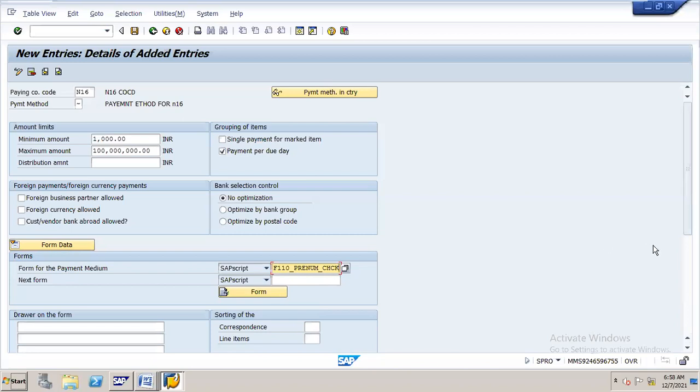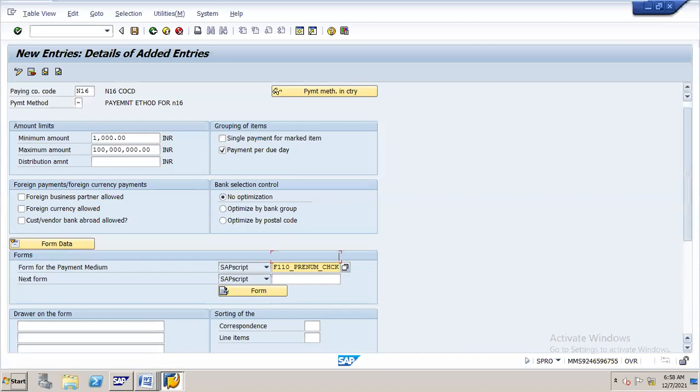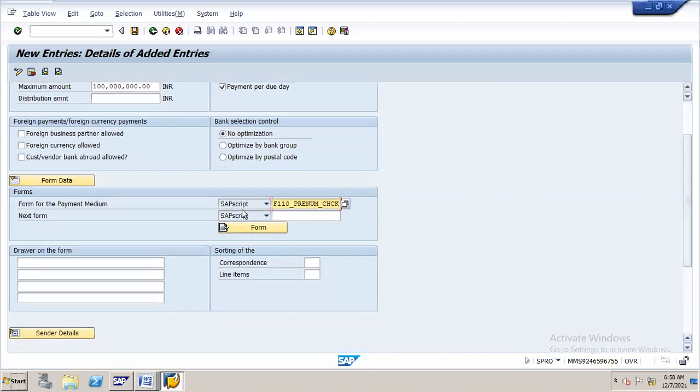Okay, and usually on the check there will be the company name, right? And there should be the signature of the authorized person, right? So in real time, here we can scan the authorized signature and attach it here. So that when you run the APP and the system issues the check, the system automatically displays the authorized signature of the concerned person.